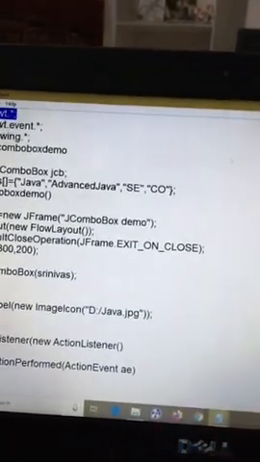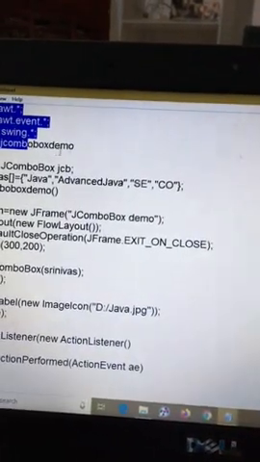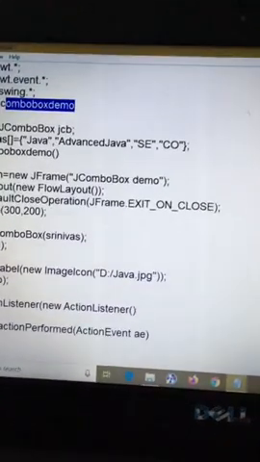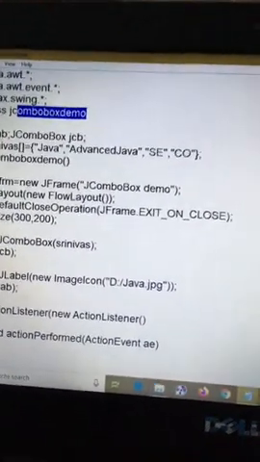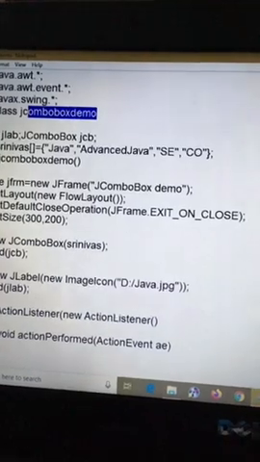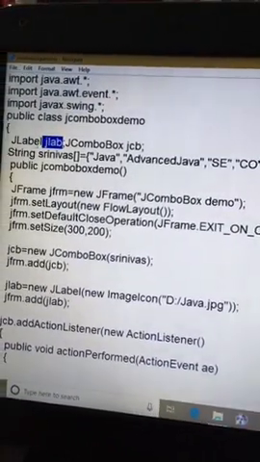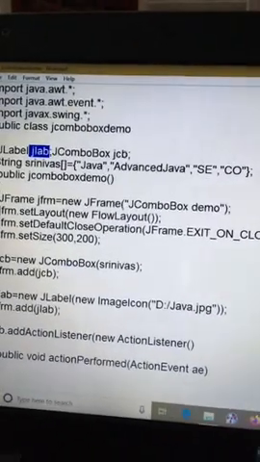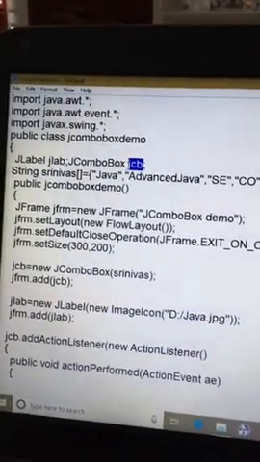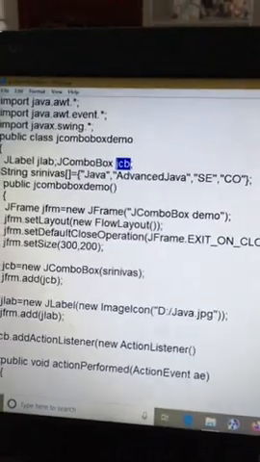JComboBoxDemo is our class. We have created objects before the construction. JLabel JLab, okay, JLab is the reference for JLabel. JComboBox JCB, so this is the object or reference to the JComboBox.